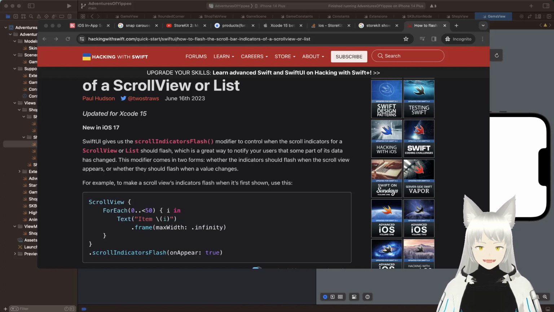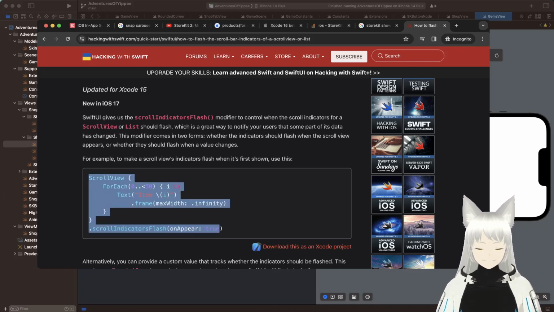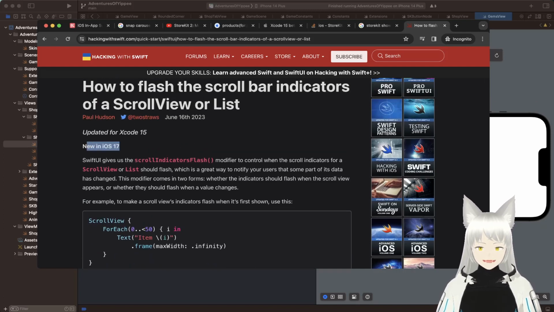It's only in a new version of iOS. You can call it up here, but it looks like we can't do this yet. It's only iOS 17, which I think is the most recent iOS version. So we can only do this if we want our app to only allow iOS 17 and up,